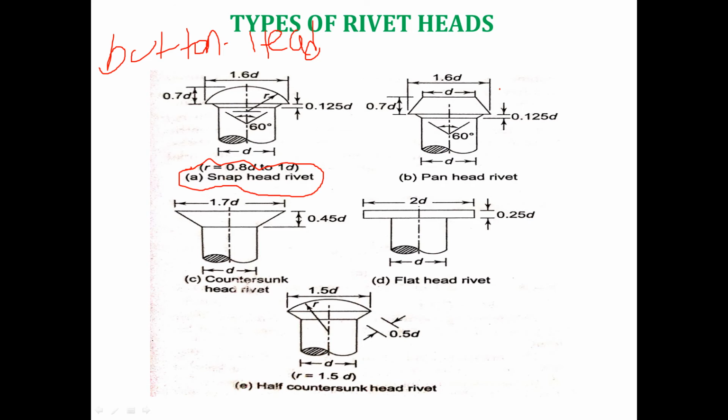We know that a boiler is nothing but a type of pressure vessel. This is a pressure vessel. You can see this is your joint, this is your joint, this is your joint of the pressure vessel. So at these joints we will use the rivet joints. Specifically we will go for snap head rivet. Is it clear?